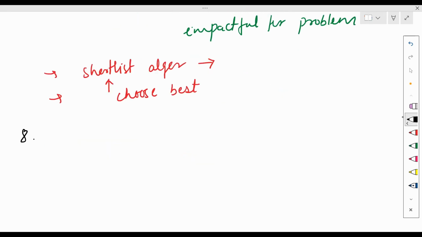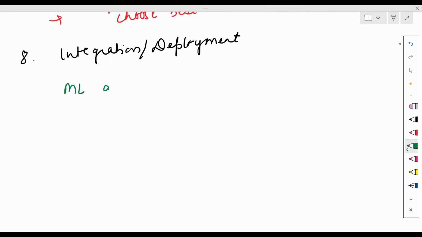The next challenge comes under the step of integration and deployment. ML algorithms are part of software applications only. We need to integrate them well for better performance and then deploy to the production environment.